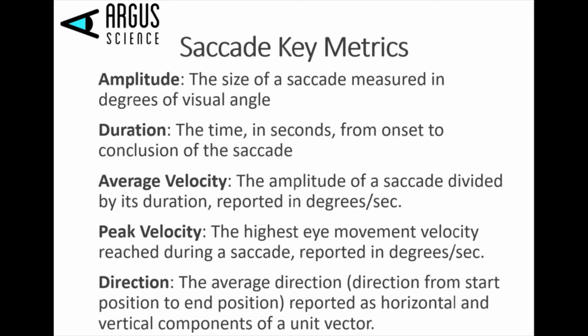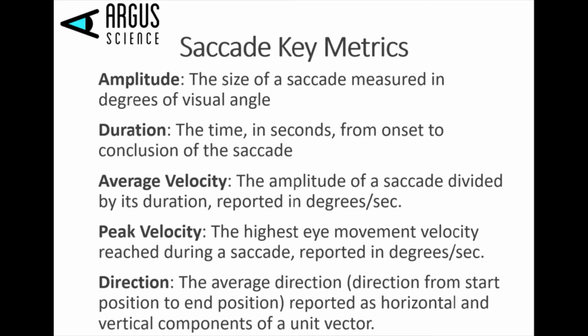In addition to a minimum initial velocity, saccades are characterized by a typical range of relationships between amplitude, duration, and peak velocity, and we identify and filter based on these relations. Once saccades are identified, we report a list of saccades, each with a start and end time, and a list